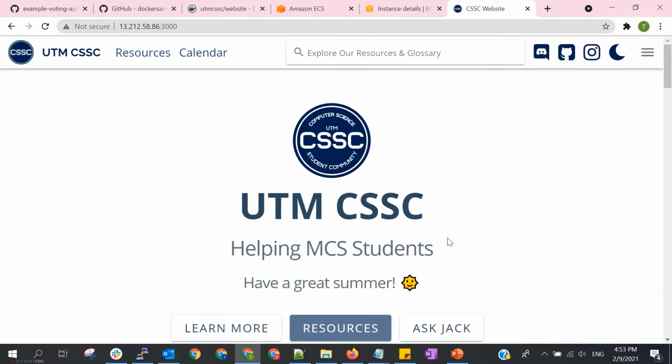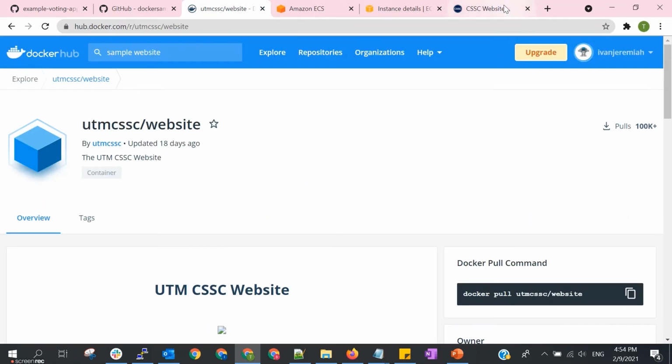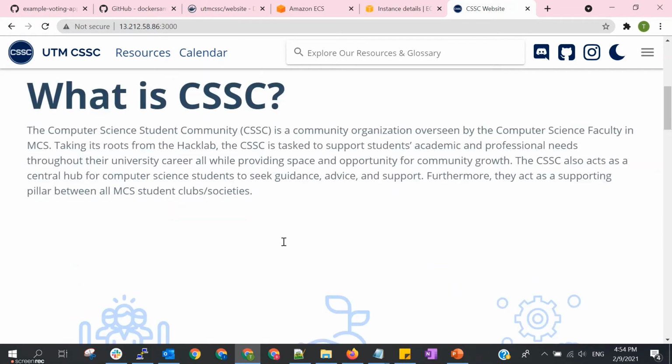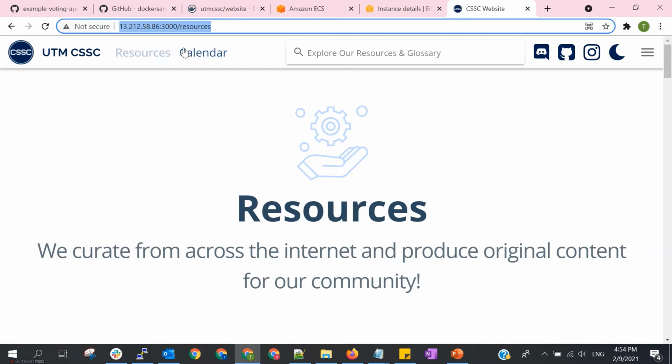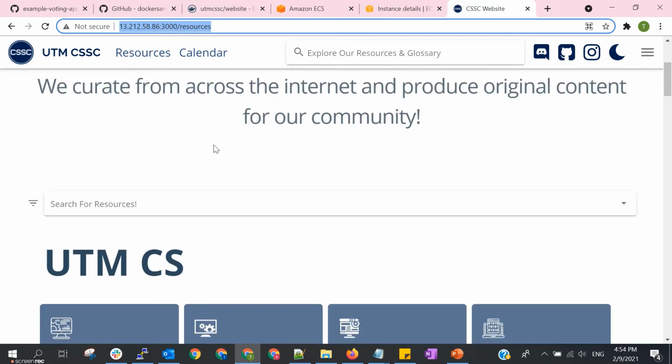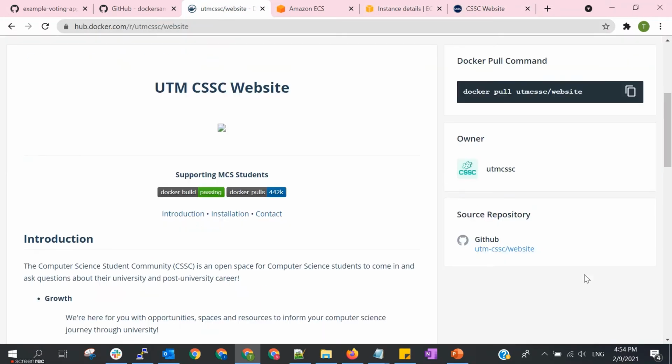Okay, so this is the sample website based on this image. I think it's quite good, and you can also go to resources. So all this website is actually now running in your local, running in your VM. It's like your own website now. You can modify it, and I think you can get the source code here.